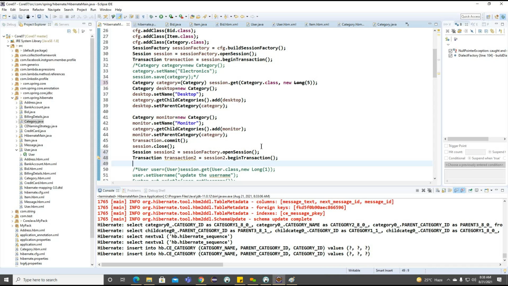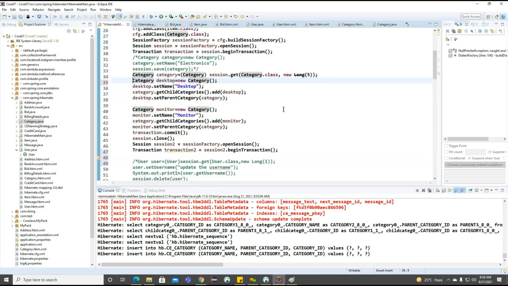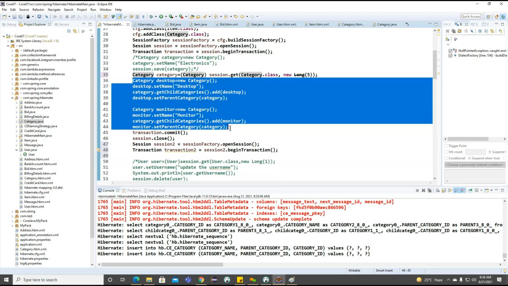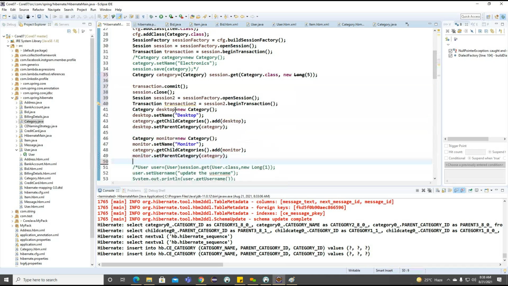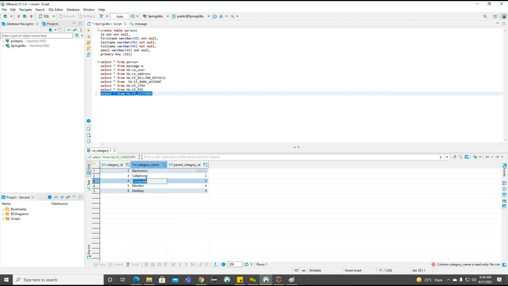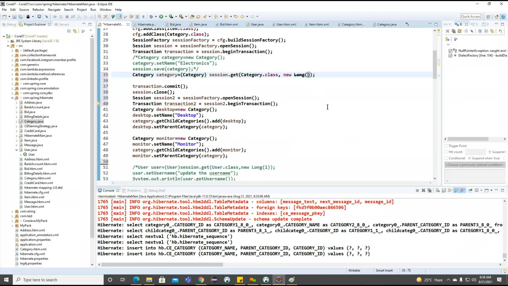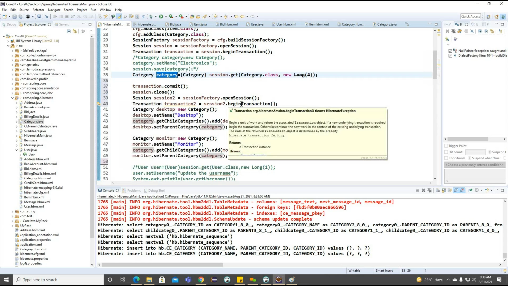We create a transaction 2. So inside this particular transaction 2, what I will do is copy this section of code into transaction 2 here. And for this particular monitor, I want to define the, okay, so instead of loading the monitor, we can go for the computer. So inside this particular computer, we'll create laptop related information. Okay. So we can keep here 4 only. Computer related category we are going to get.